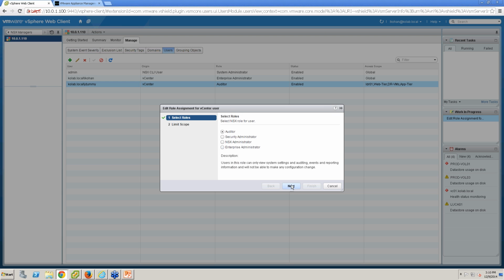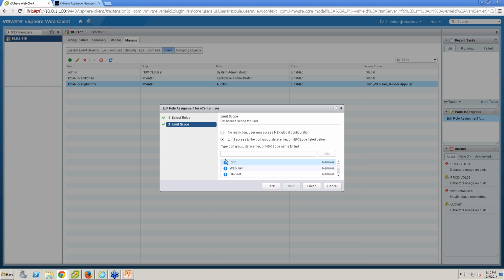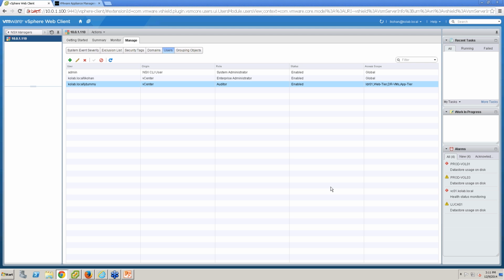that you have full access, so you don't limit the scope of that. And if you're an administrator, this would be grayed out. You wouldn't have the option to do anything. But if you've done an auditor or a lesser role, you can either say you have access to my entire NSX environment, or you can limit the scope to certain logical switches or resource pools accordingly. So here you could tie down your access,